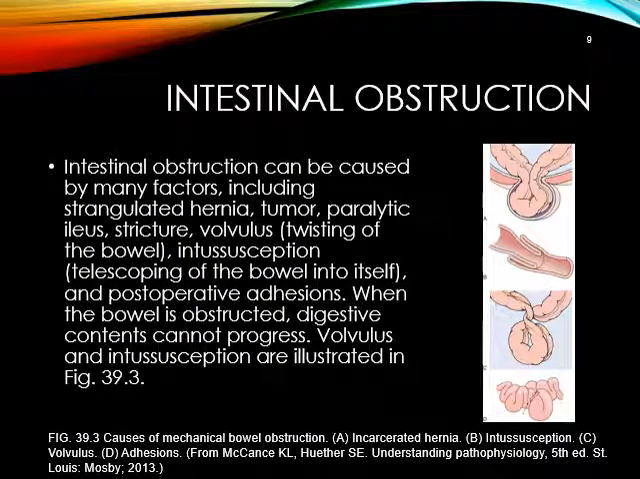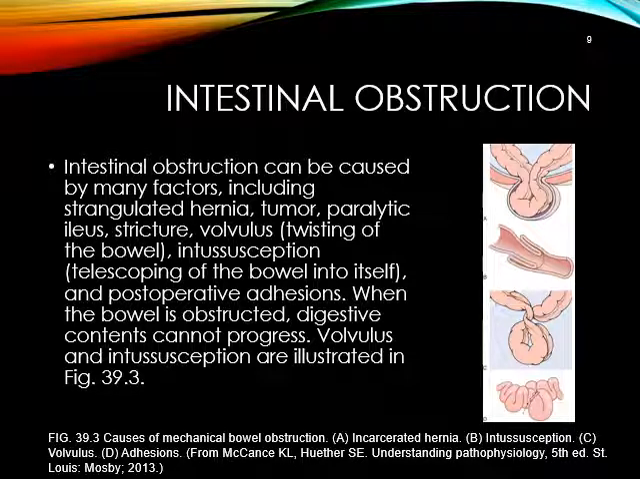Intestinal obstruction. The causes of intestinal obstruction can be many. They can be a strangulated hernia, a tumor, paralytic ileus. What that means is the colon isn't moving, it's paralyzed. Or a stricture, and a stricture is a narrowing. So we've got a paralyzed ileus, we've got a stricture, a narrowing, and we've got a volvulus, which is a twisting